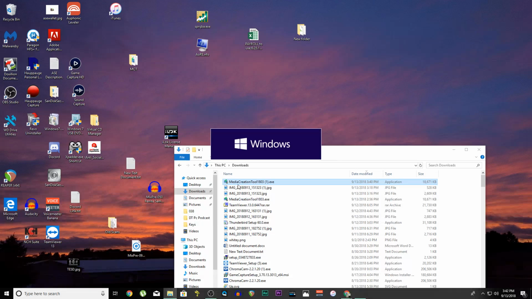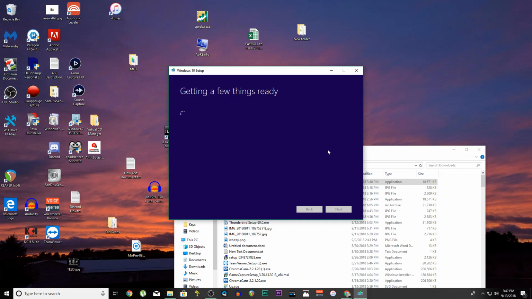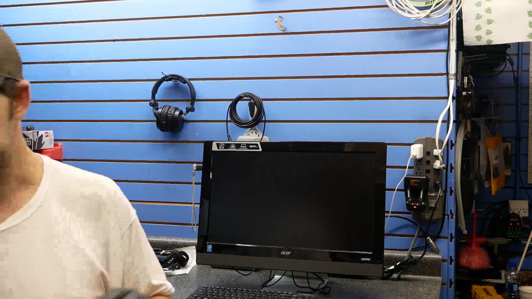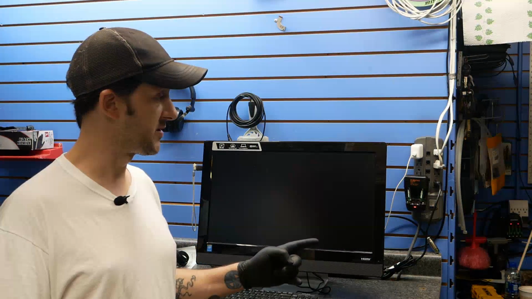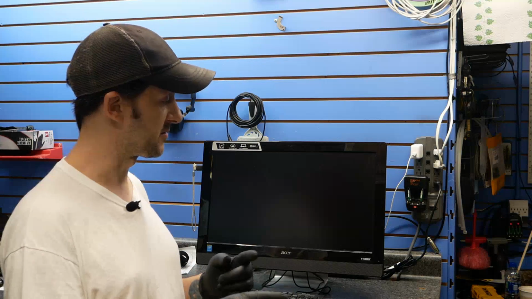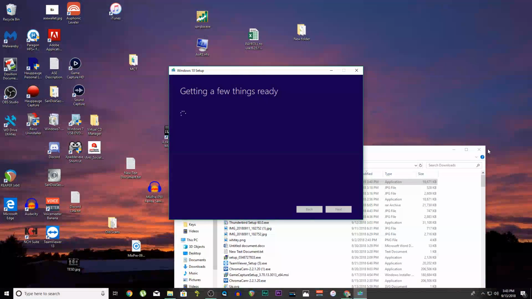Media creation tool 1803 should be the newer version of Windows. Now whether it works or not, I had trouble with the other media creation tool that I had. As far as this computer, either the files on it were too old and the Windows was too new, or they were too new and the Windows install media was too old to work with it. So now that we're running